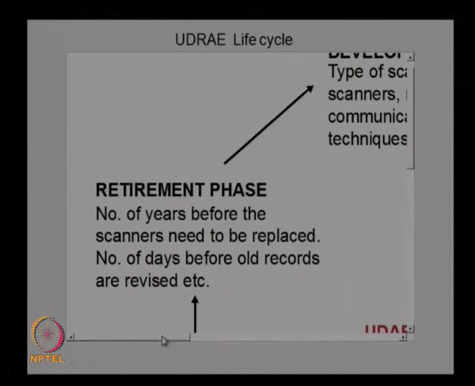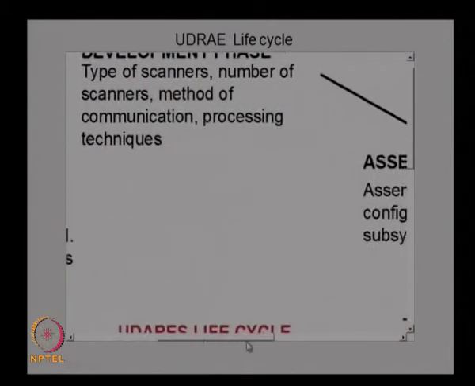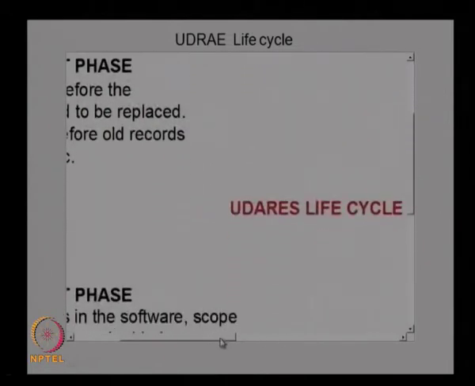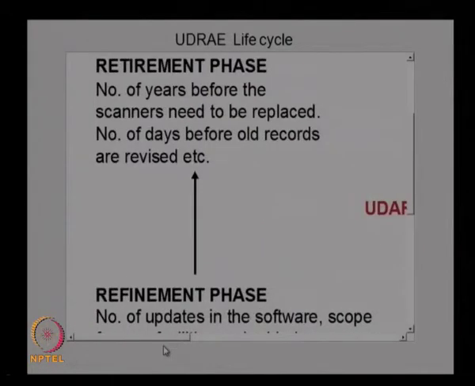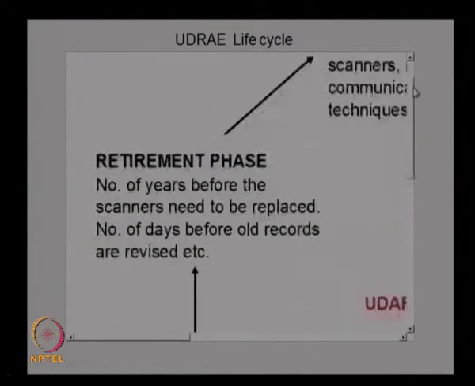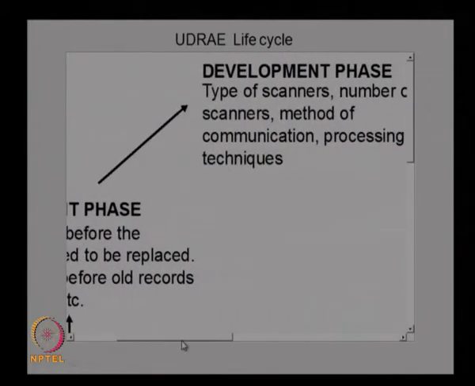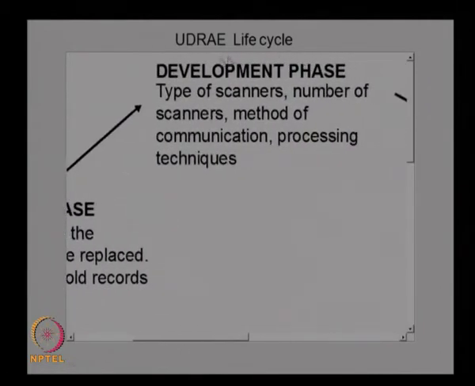So, when we design the system, we need to look at all these phases and then design. We will start with the development phase, and then we will go through various stages of assembly, testing, then maintenance, then refinement as well as the retirement phase. We design the system for all these phases. We will not be going through all these phases in this example. What I am emphasizing is that it is not only the development phase that we need to be worried about, we need to look at all these phases when we design the system.